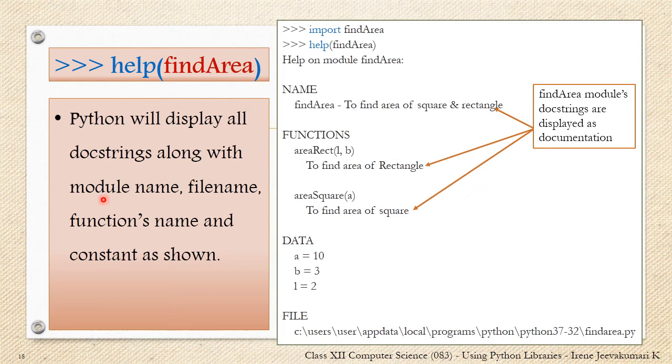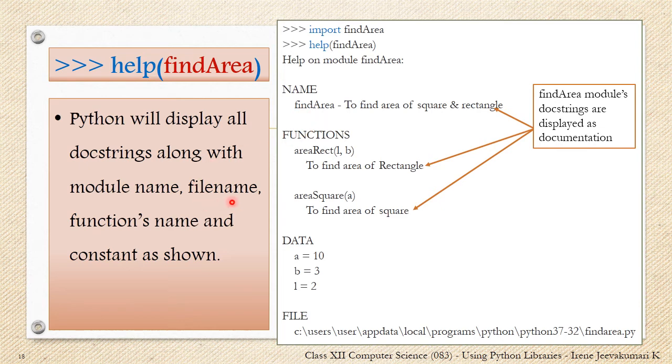And the next one is module name. Let us see where the module name of this module find area is. Here under the title name, you can see the name of the module, that is find area. Here you can see A is a capital letter. However, we have given the file name the same name as that of the module, and we got it as the module name.